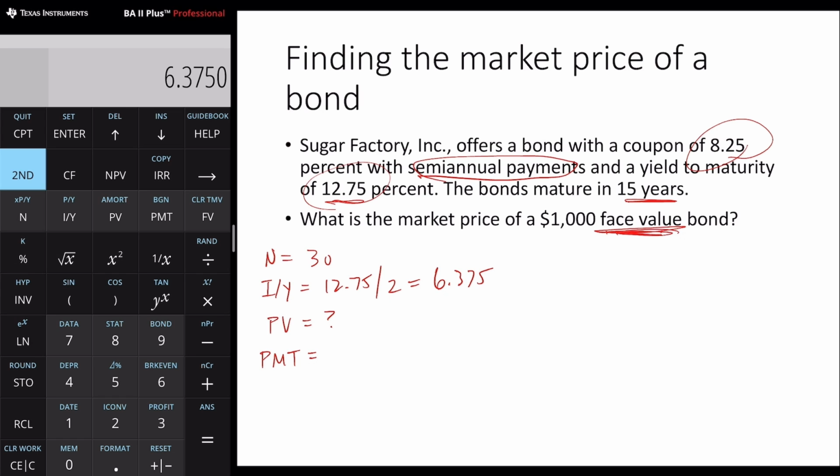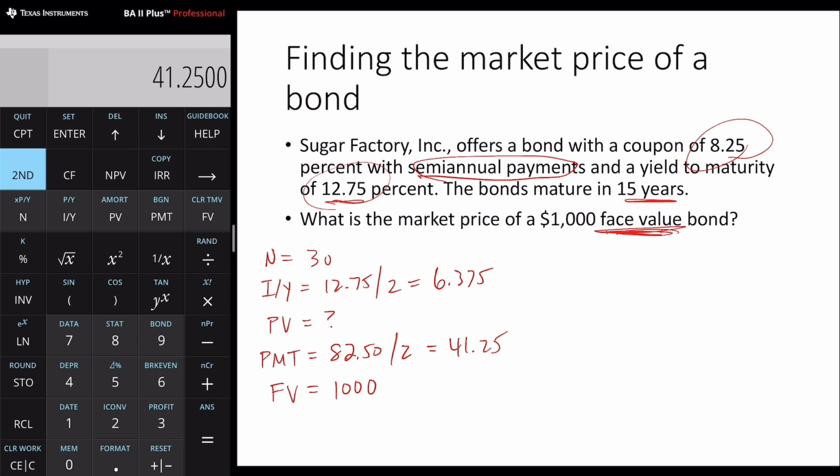So that's going to be $82.50 divided by 2, and that gives us $41.25. And then the future value is the $1,000 face value, which gets paid at the time that the bond